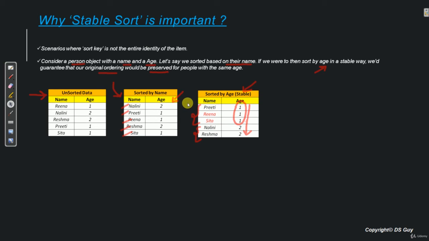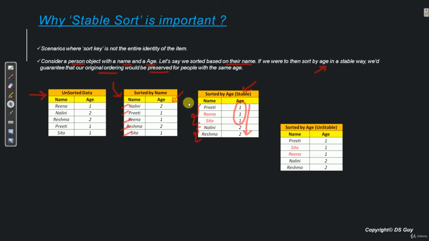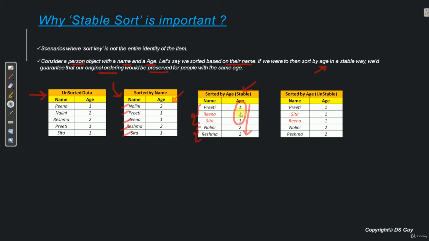Now in case this sort was not stable, then this is how the data will look. We see that Preeti is first, Sita comes second, Reena comes third. But in the original data, Reena was second, Sita was third. Here we see Sita is second, Reena is third. So we clearly see that the ordering of the original data has been changed.